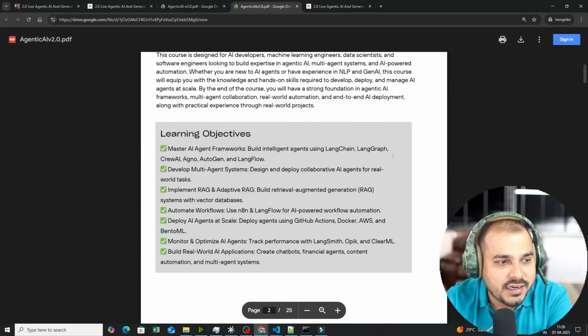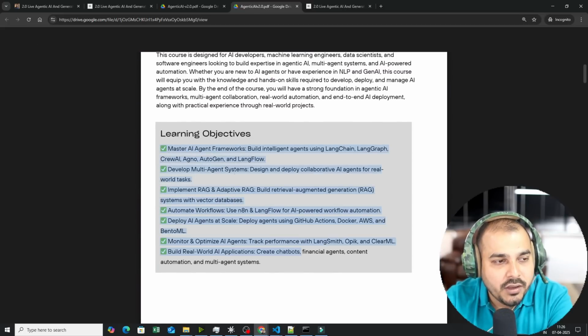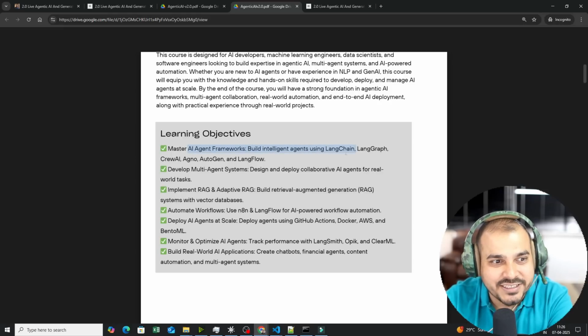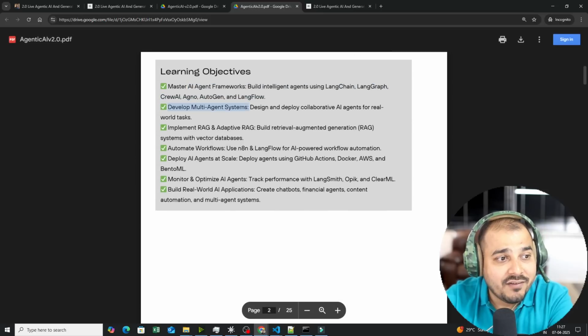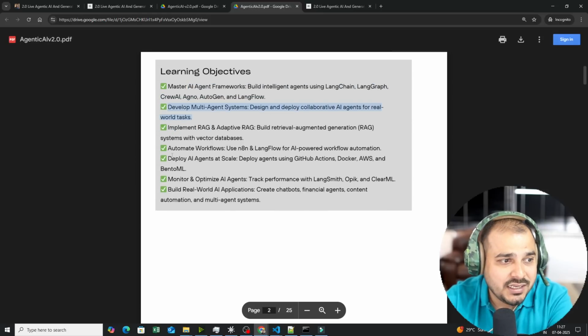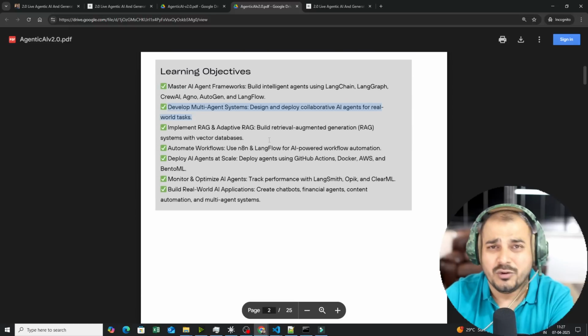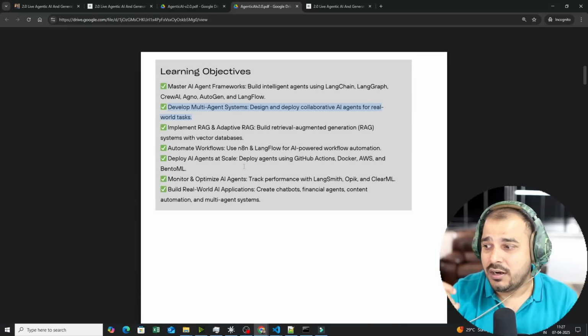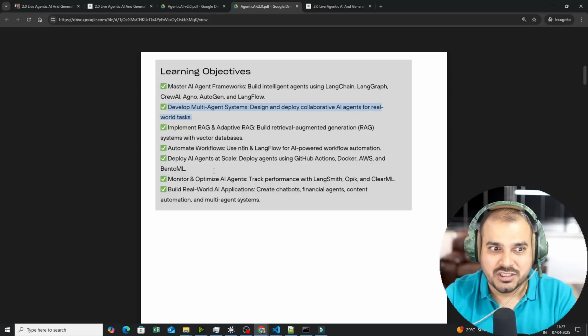Here, this is the entire syllabus. Our learning objectives have been mentioned over here. We will be mastering some amazing AI agent frameworks, build intelligent agents using LangChain, LangGraph, Crew AI, Agno, AutoGen, and LangFlow. Develop multi-agent systems, design and deploy collaborative AI agents for real-world tasks and all this kind of automated workflows. We will also be using no-code platforms so that for seniors, for architects, this will be very much important itself,